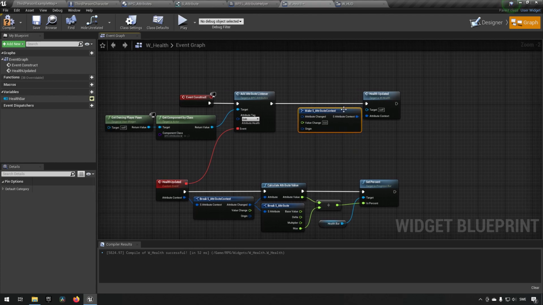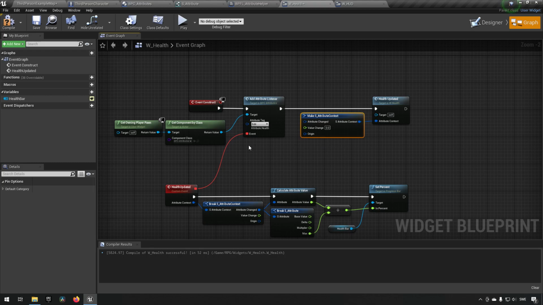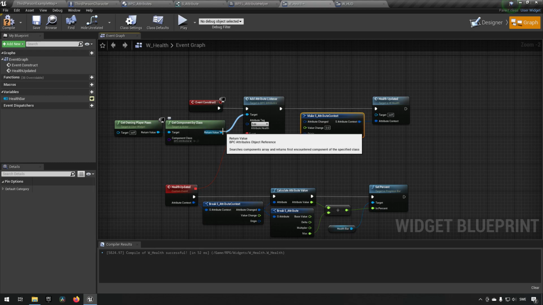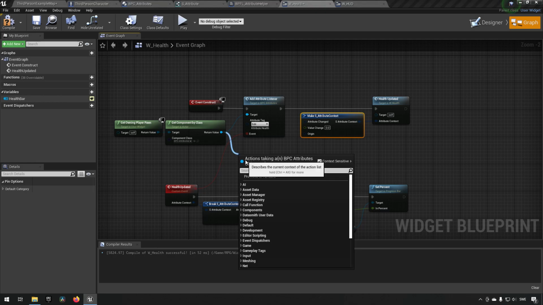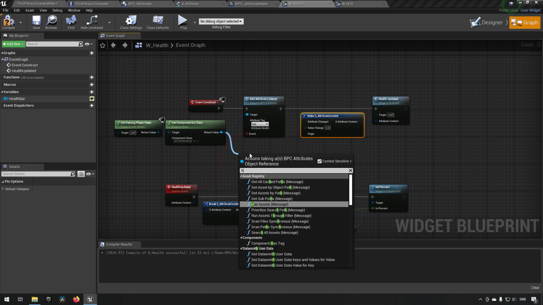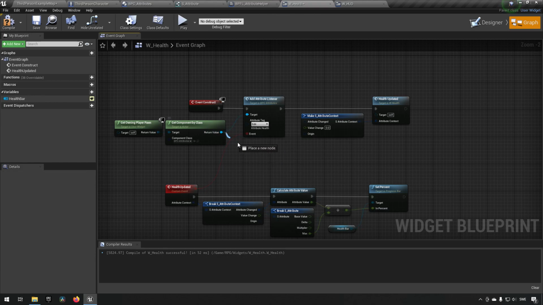And the one part that is actually interesting for us is, of course, the attribute changed part here, which is corresponding to this one up here. And we can get that one, for example, by